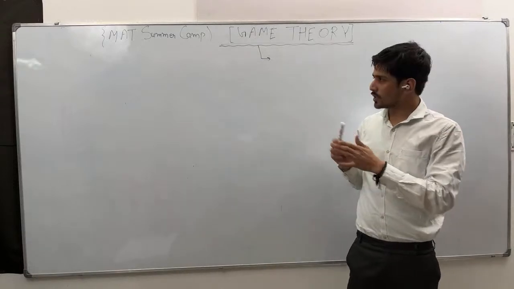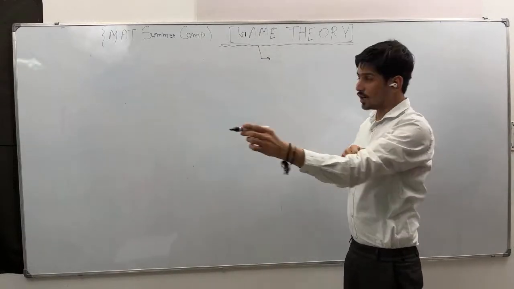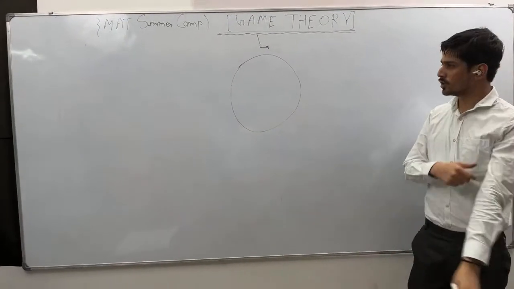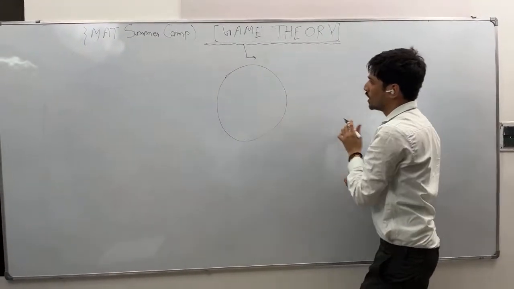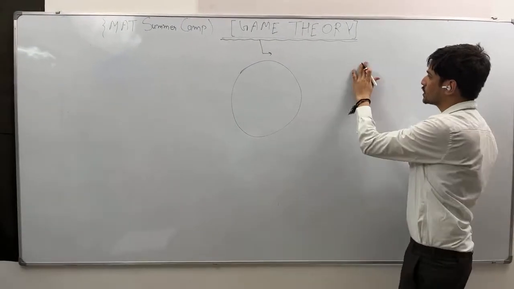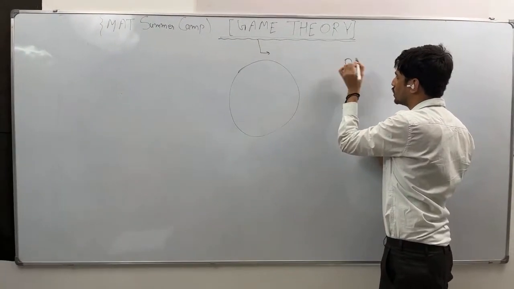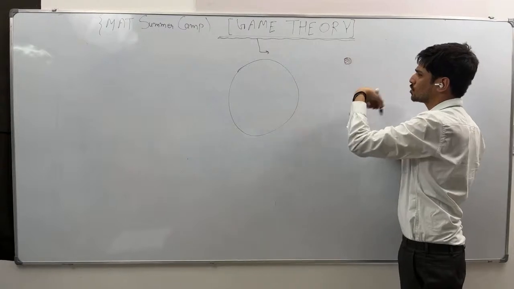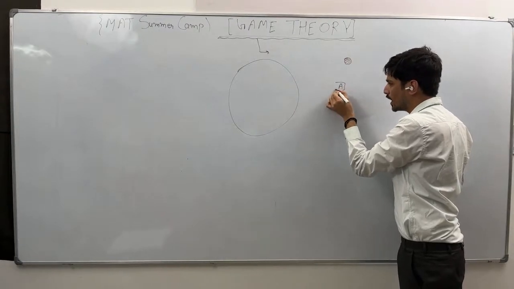Okay. So now let's start with a simple question. Let's say I have a big circle. I had discussed this question yesterday also. So I have a big circle, whatever radius it can have. Now the question is, let's say you have some coins and you are playing with your friend. You have lots of coins and there are two friends, A and B.